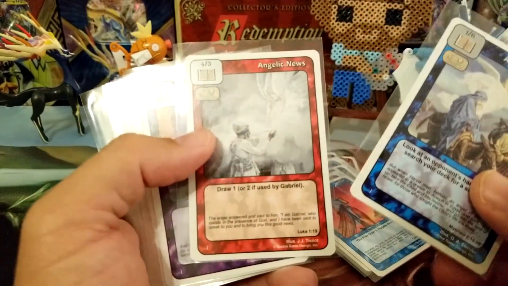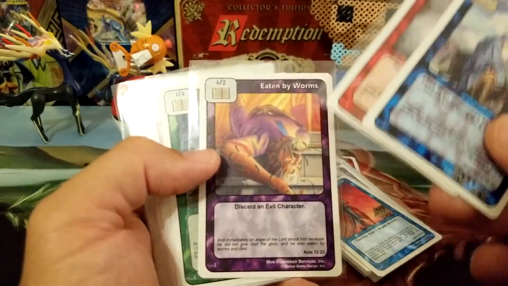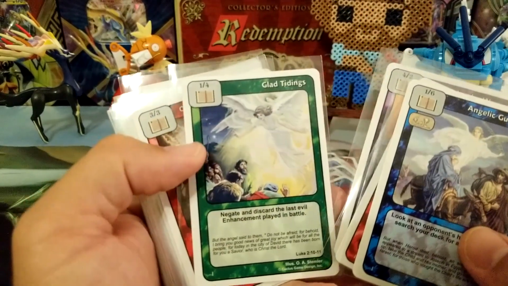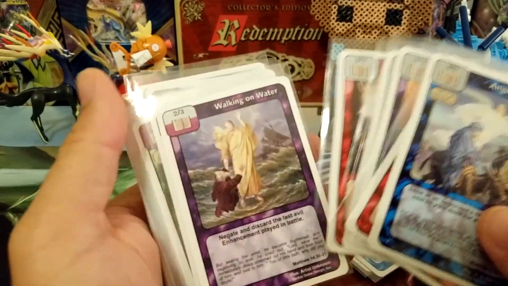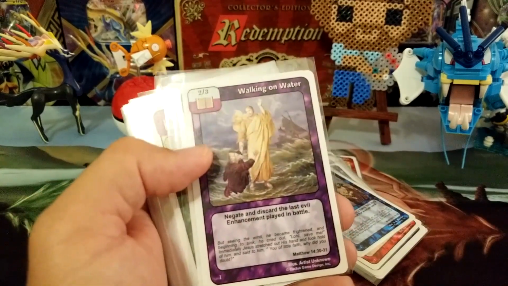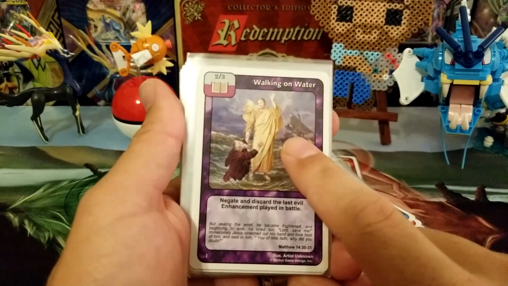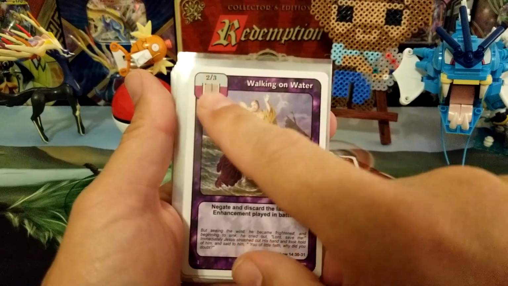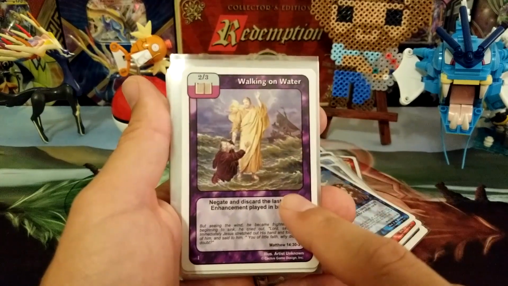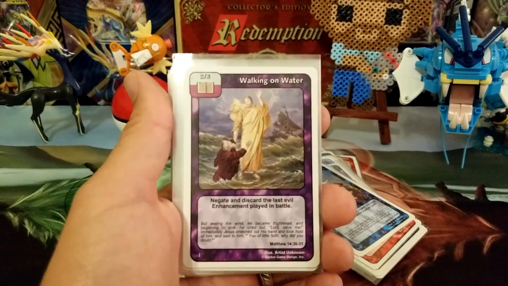So another territory class, same idea. One that you would just play in a battle, which lets you discard an evil character. Pretty good one. There's another one, but we don't have any weapon class in here. So this one can be played on a purple or silver. So this we could play on any of our heroes in this deck, which makes it versatile. It's got decent numbers up here, 2, 3. Negate and discard the last evil enhancement played in battle. Very useful. They play something that has an effect you don't like, then you just play this card and